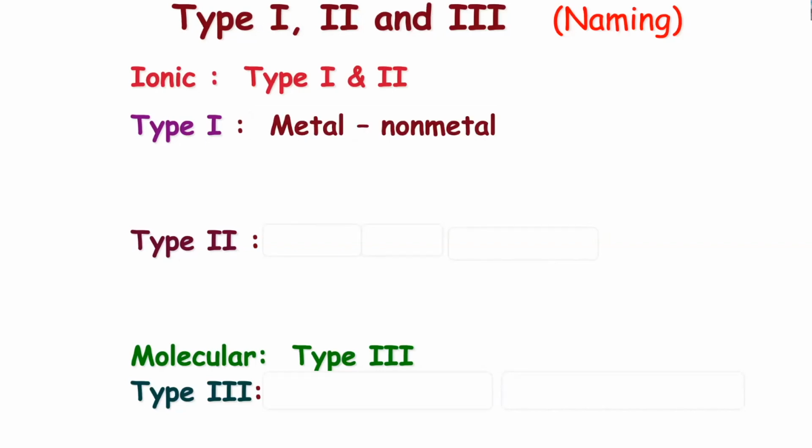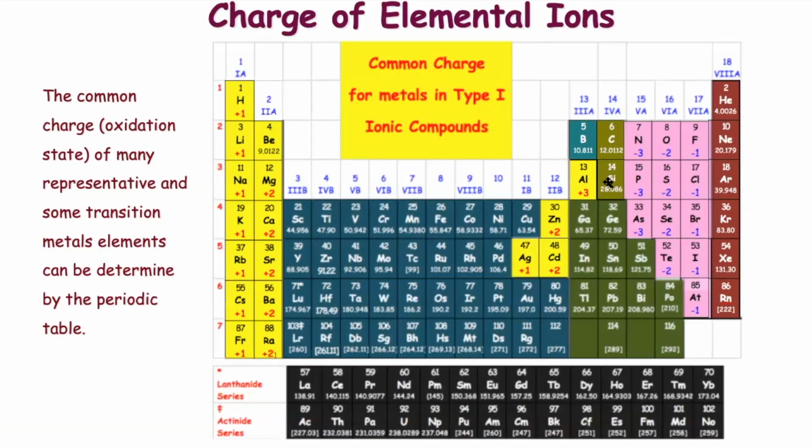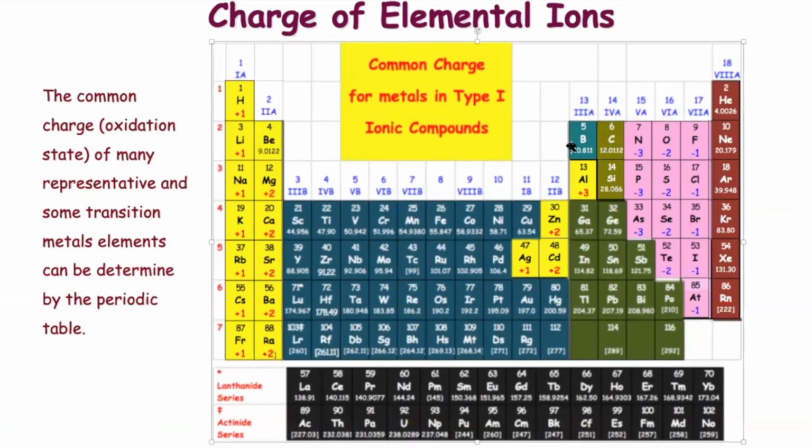Type 1, you have a metal and a non-metal. And how do you know which elements are metal? You know which elements are metal because if you take a look at the periodic table, to the left of boron, silicon, arsenic, tellurium, right here, this diagonal right here is the border between the metals to the left and the non-metals. Okay, that's the border. So when you have an ionic compound, you basically have a metal, an element to the left of that border, and a non-metal, an element to the right of that border. And that's because